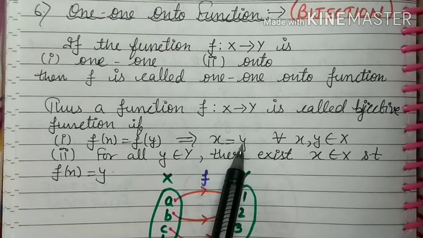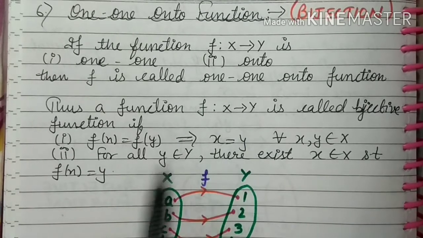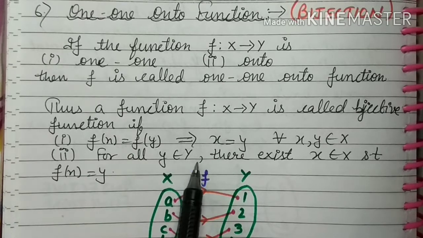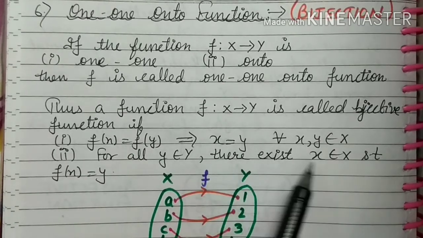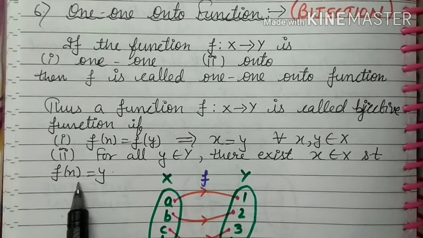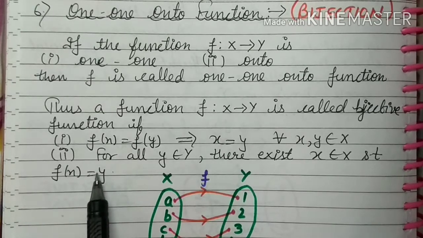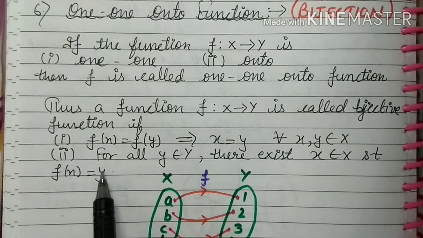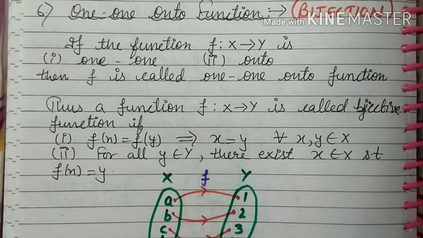Like it is the definition of one-one and also for onto, for all y belongs to y, there exists x belongs to x such that f(x) equals y. means कि y सेट में जो एलिमेंट्स हैं हर एलिमेंट की अपनी एक डिफरेंट इमेज होनी चाहिए. और ऐसा भी कह सकते हैं कि y सेट में कोई एक एलिमेंट ऐसा नहीं बचना चाहिए जिसकी कोई प्री इमेज ना हो. You can see in this arrow diagram